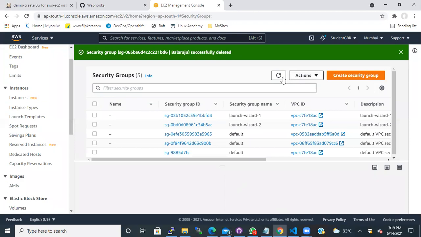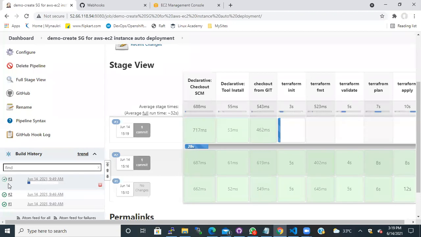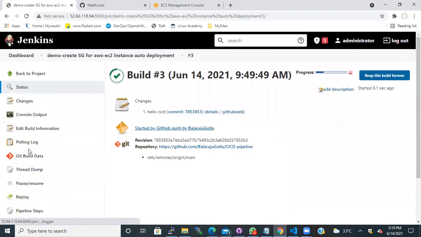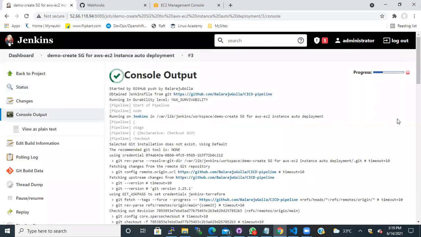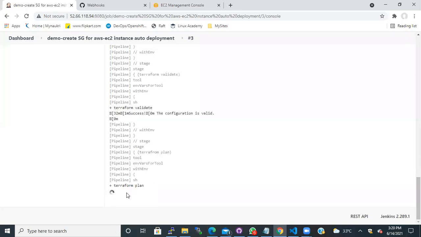If you come back here, you will see the security group, and here the build will start now. See, there is a build starting. If you click here, you will see what's happening, and it is in progress, and it is validating now.